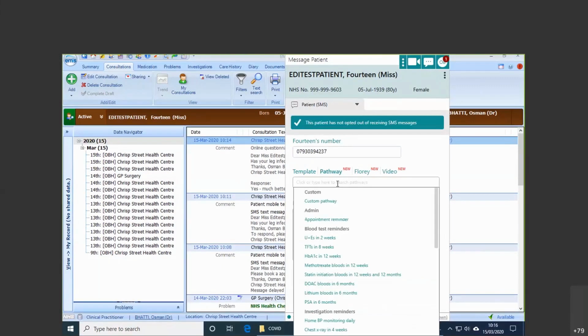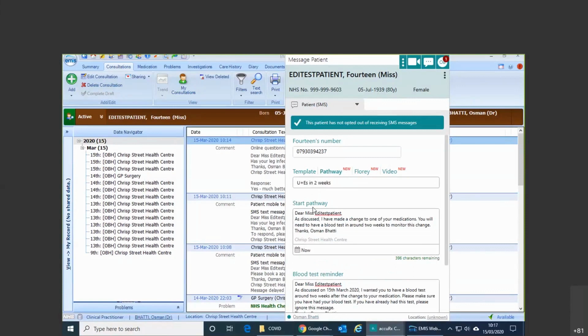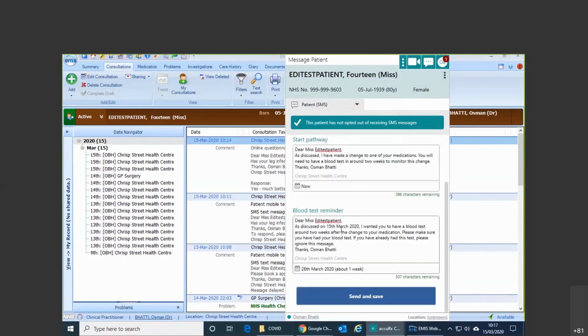So if I click on pathway here, and let's just choose bloods in 2 weeks. So if I click on that, it'll send a message now to the patient to say, I've made a change to one of your medications, you need to have a blood test in 2 weeks' time. And then a reminder text will go after a defined period of time. So here in a week's time, it will send another message to the patient to make sure that they've had